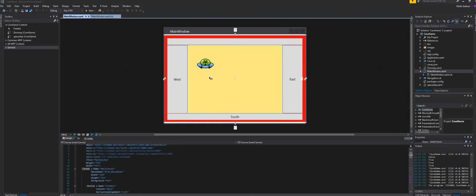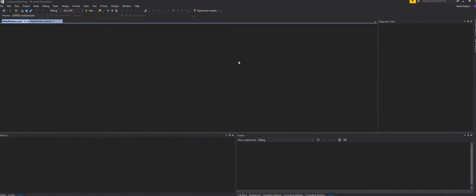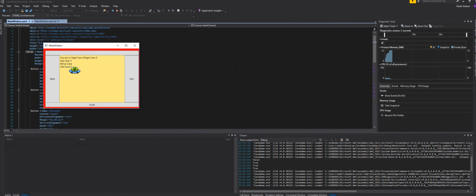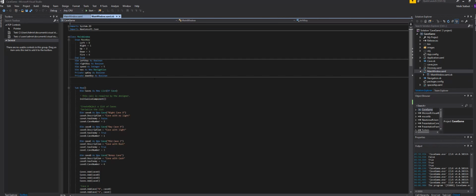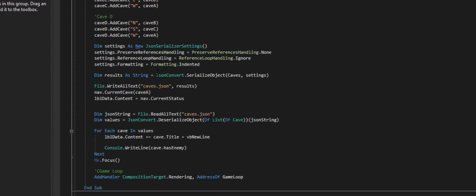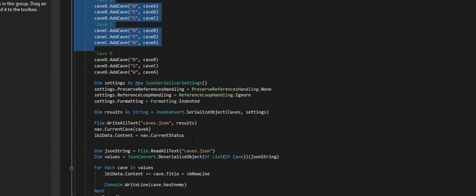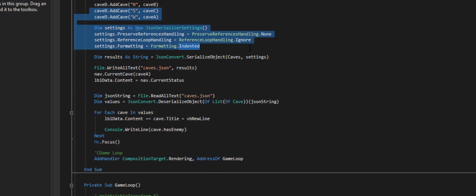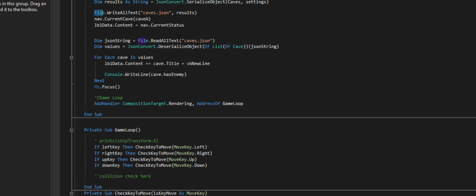And we already should know by now that if we were to run this, we have a character that can move left, right, up, and down, depending on the arrow keys that you use. And we also are pulling in our information from our JSON file that we create. We initially create the classes and we serialize them into a JSON file, and then we deserialize them to use them into our game. And the only thing here is that we iterate through the caves, and this is actually the same as the previous video. We go ahead and put the cave title there,